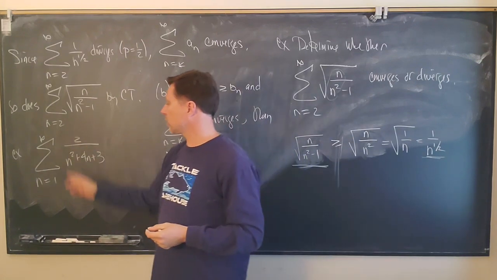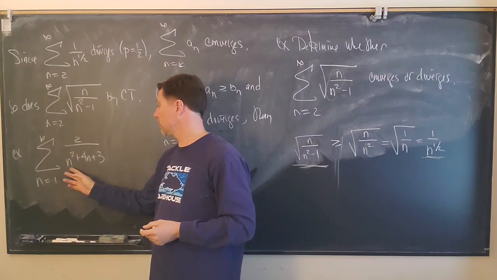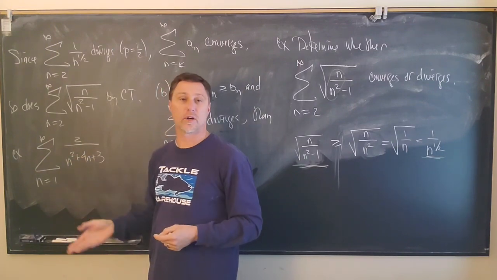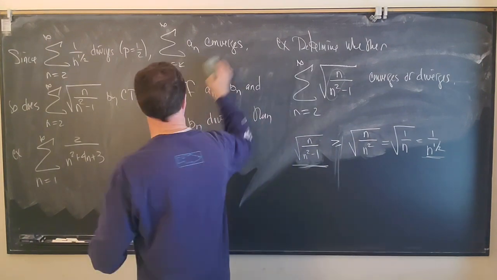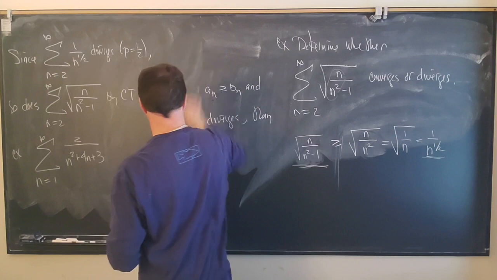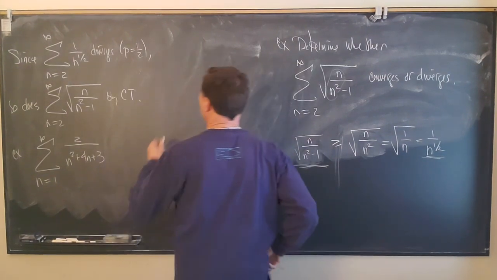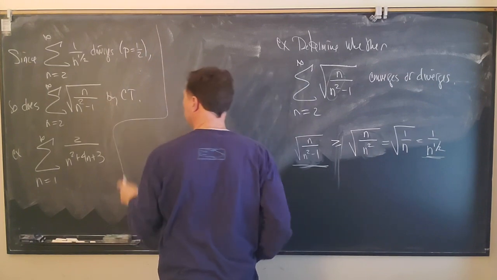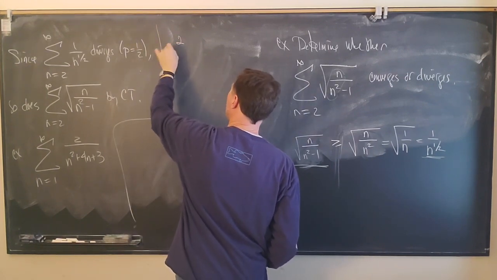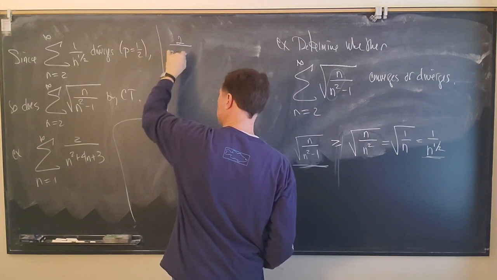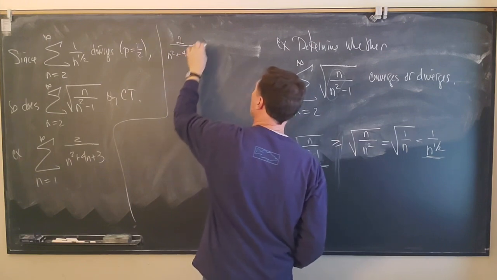Same thing here. What about this one? Well, the dominating terms here, I've got a 2 in the numerator and an n squared in the denominator. This one's going to converge. It's going to behave like a 2 over n squared, right? And I know when p equals 2, we get convergence. So let's say that now. So we know that 2 over n squared plus 4n plus 3 is less than or equal to